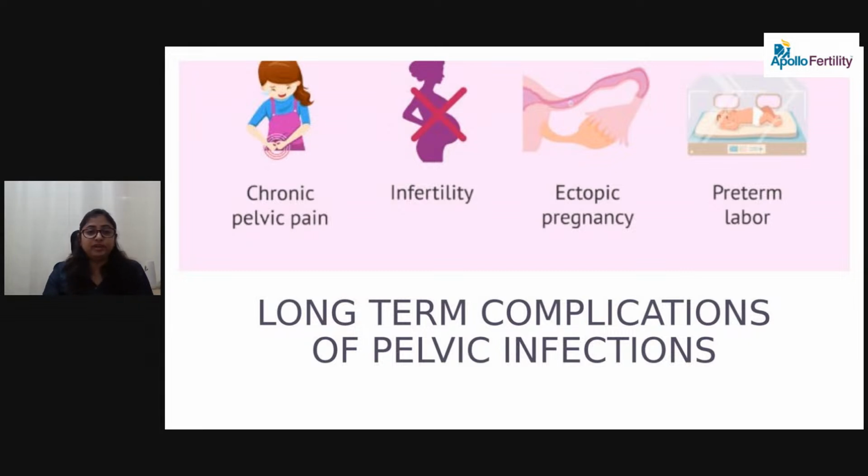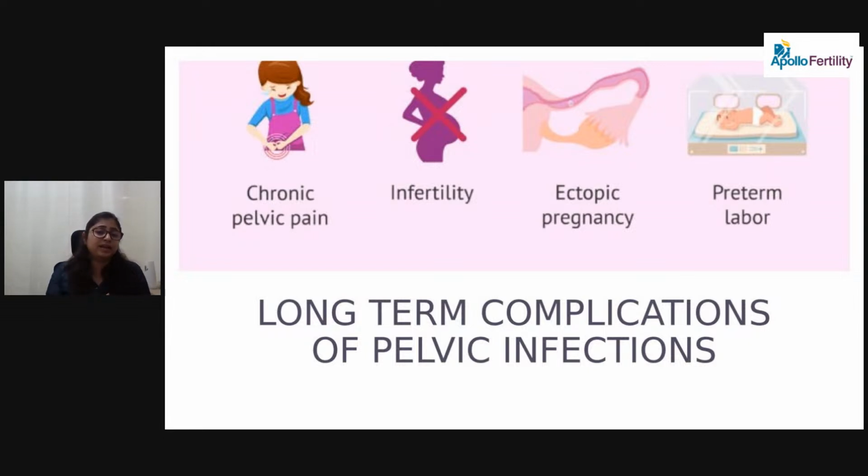It can cause infertility, because for pregnancy to happen, one dominant egg should form every month. If there is any inflammation of the ovary, this dominant follicle will not be formed, egg quality will not be good, and the tube should be open. If the tube is involved, it will have strictures, or it will be closed, not totally open, having scar tissue. Or the uterus lining, the endometrium, might also not be good enough to take up the pregnancy. So these are the effects which can cause infertility.